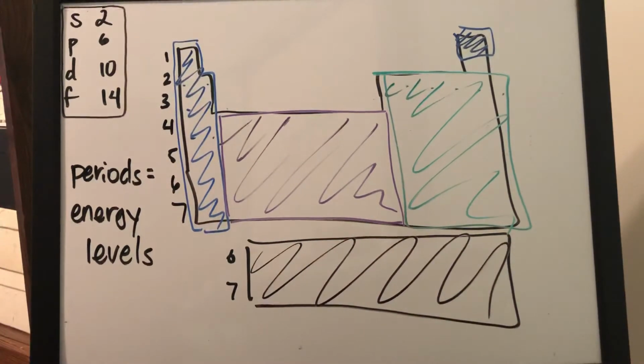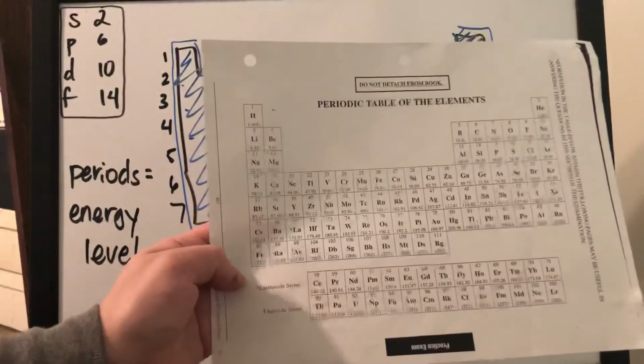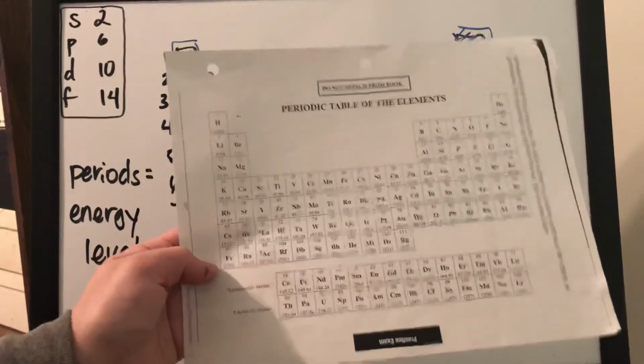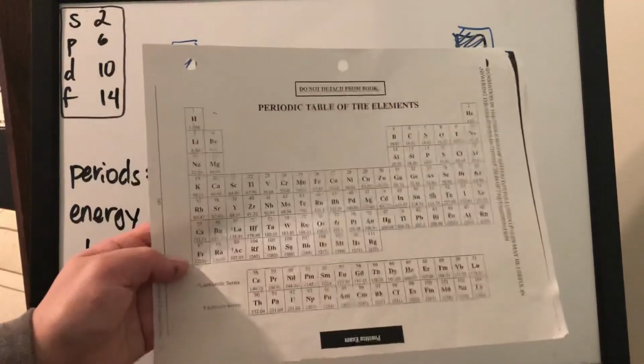So the takeaway is that you can follow the periodic table to determine the filling of these orbitals, and it's so convenient and so nice. I'll show you on a real periodic table. Hope, are we in focus? Yeah. Okay, so meaning if this is the first energy level right here with hydrogen and helium, that's also the